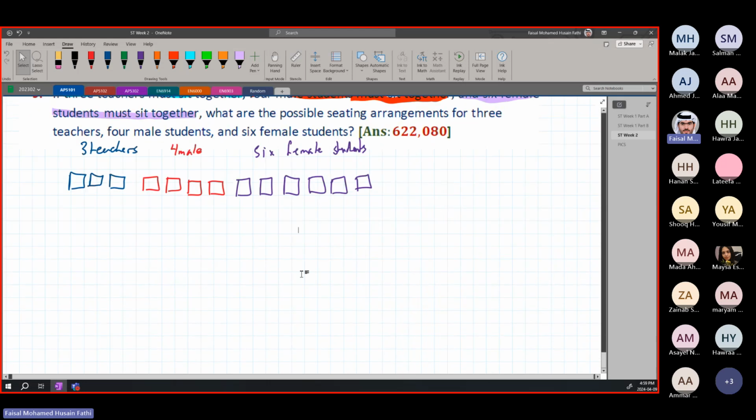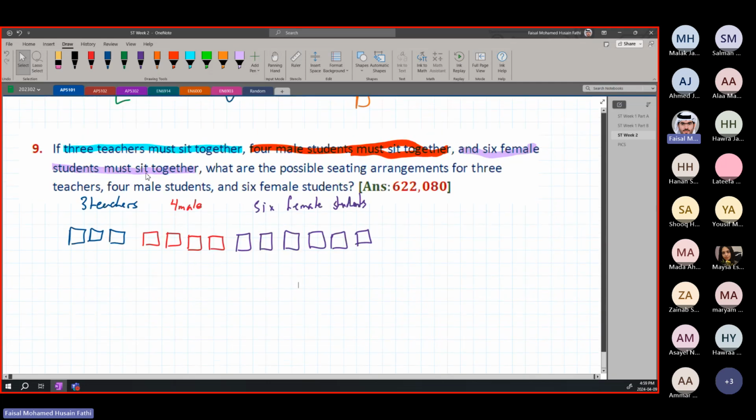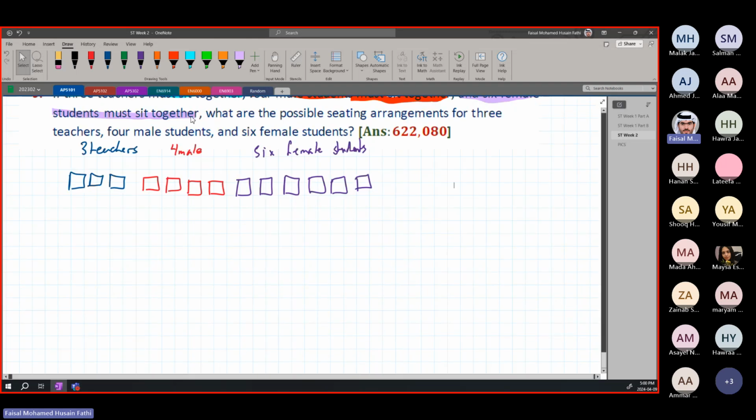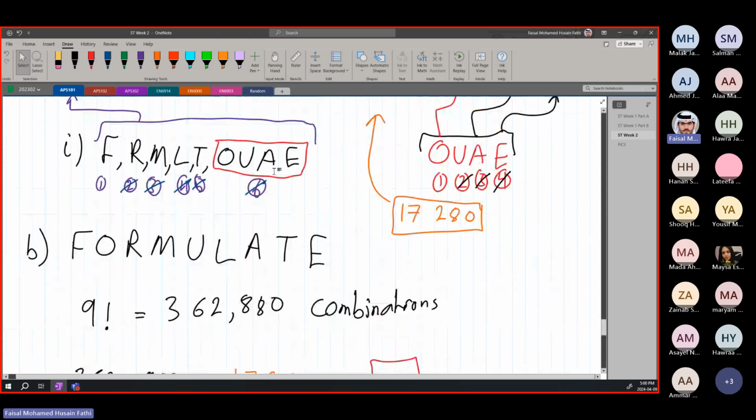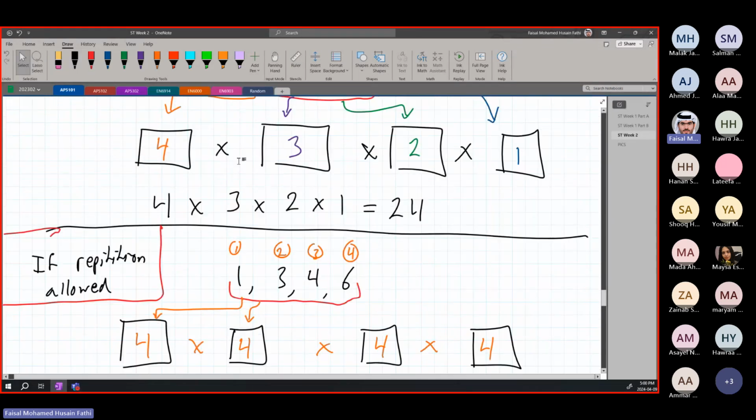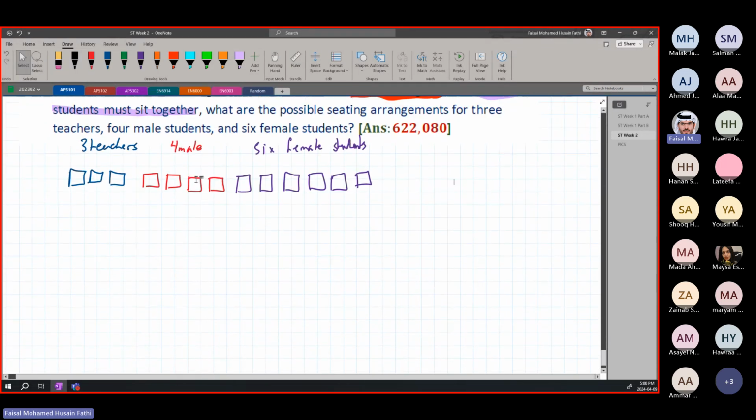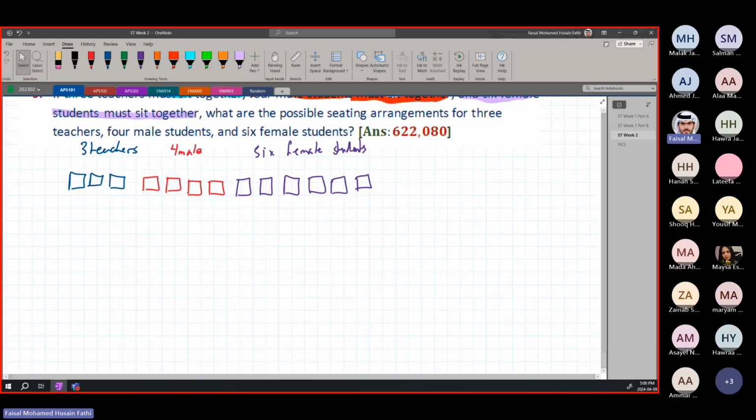We cannot simply do 6 times 4 times 3. That is not the way this works. Or we cannot just add them all up, 6 plus 4 plus 3 is 13, and do 13 factorial as our answer. It's going to be a huge number, but we have a specific order to choose from. So, before I solve this question, let me talk about the concept of permutations and combinations. So far, all I'm doing is using the basic factorial method, but there is something you need to know before I start showing you this.